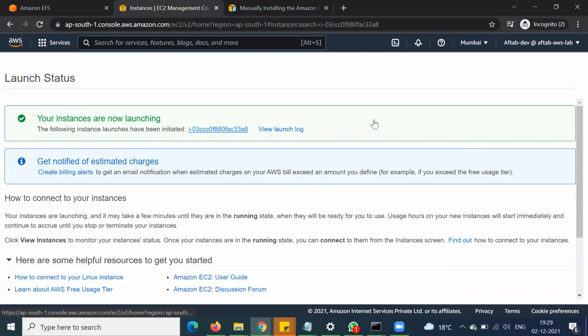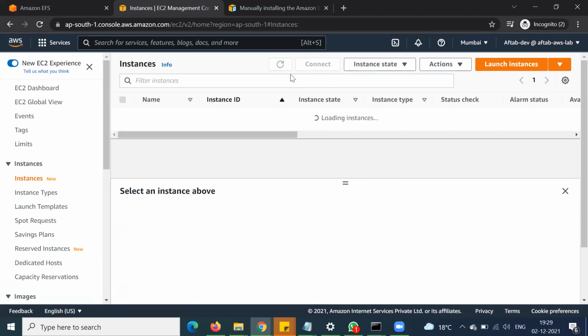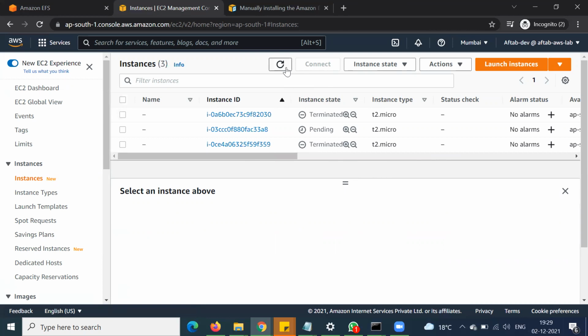Now, my friend, we need to create another EC2 instance. So just started. My instance, my server is now running.